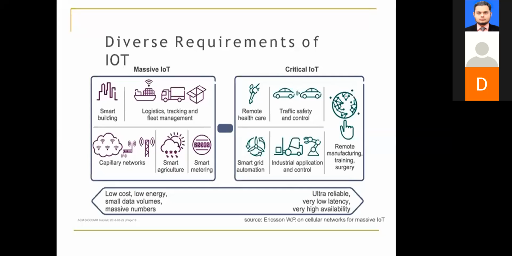So these critical IoT operations and massive IoT operations are nearly not possible with 4G because it does not have the capability for these requirements like low cost, low energy, small data volumes, and massive numbers. When we talk about massive numbers, 4G has limited capabilities, and when we talk about critical operations, due to delays